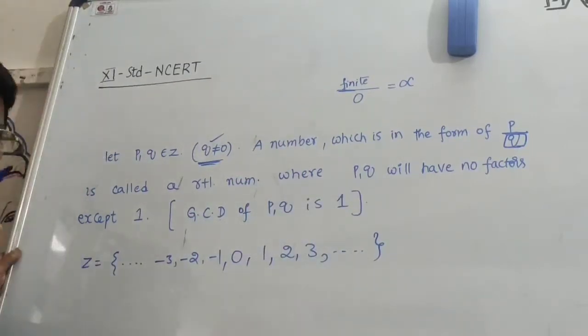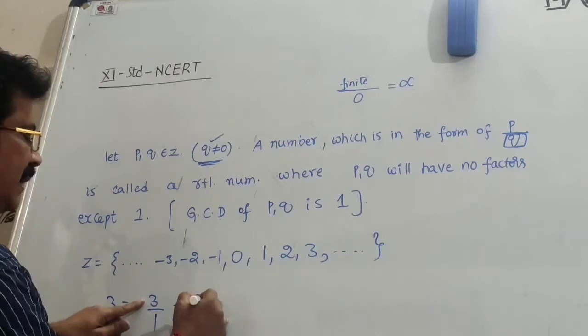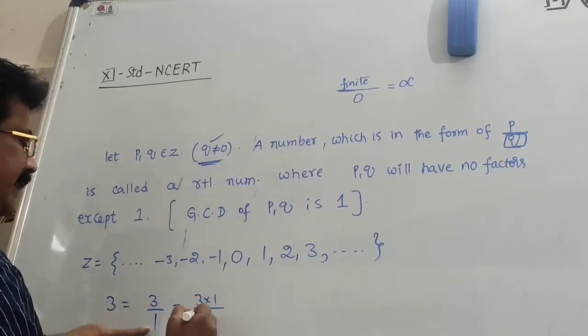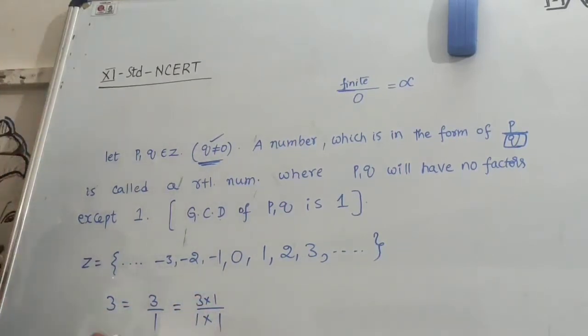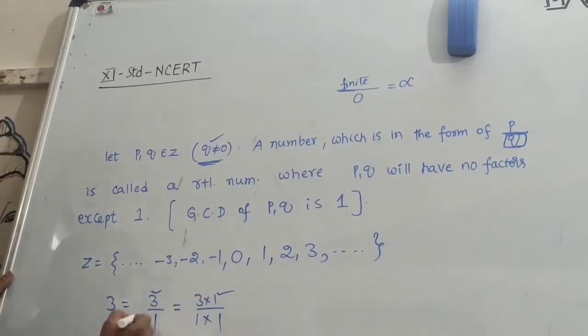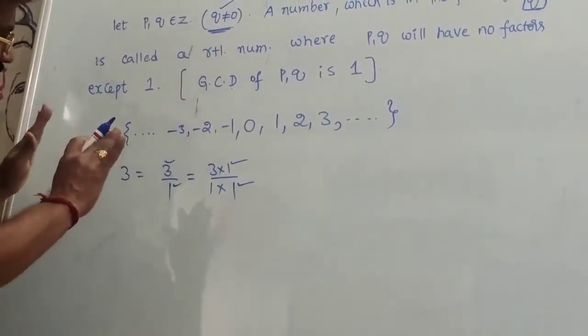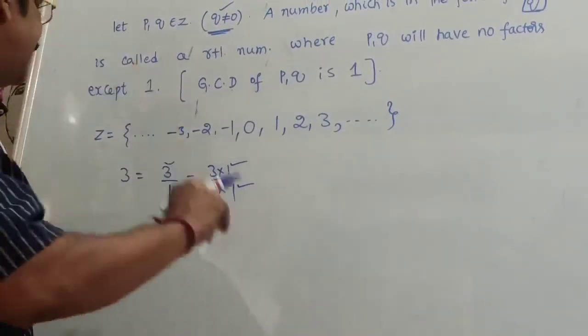Let us consider one integer, for example, 3. 3 can be written as 3 divided by 1. 3 is 3 into 1, and 1 is 1 into 1. So this 3 will have only one factor, that is 1, and the denominator will have only one factor, that is 1. Therefore, there are no other factors for numerator and denominator except 1. Hence, it is